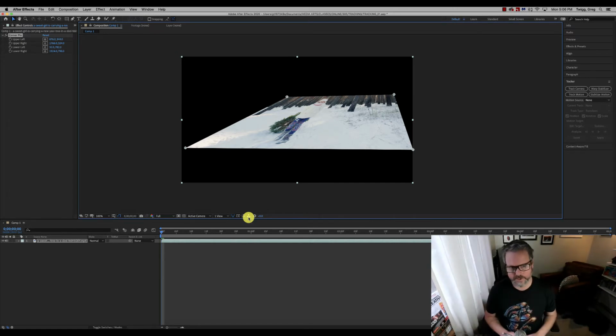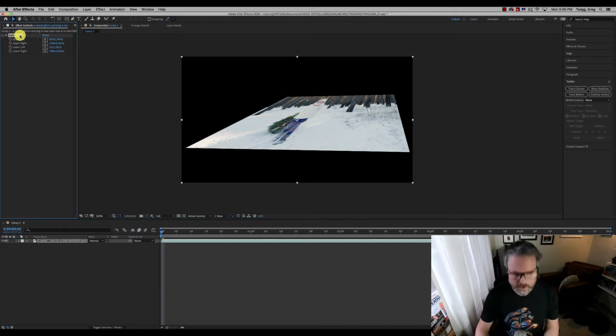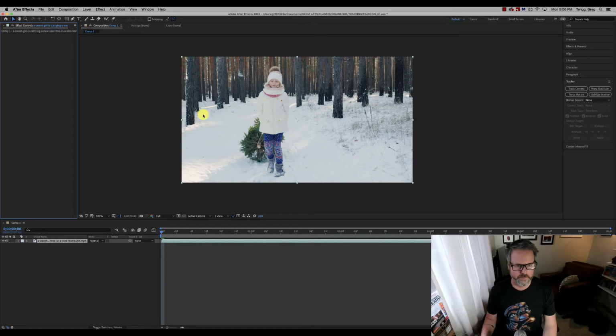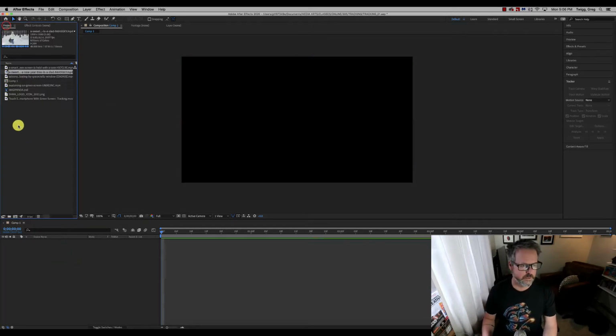But I had a conversation with one of your classmates about fixing something like a floor for the first project, and making sure that once you take an image and tilt it, it's all skewed, how to make it feel right again. And that's using the corner pin tool, but the corner pin tool ends up being super handy in our tracking world. So what I'm going to do is I'm going to take